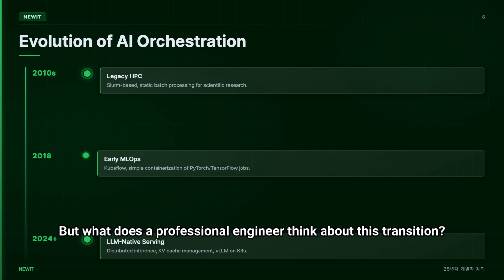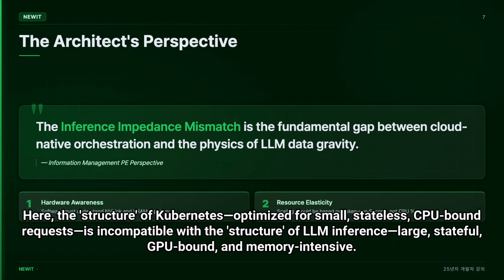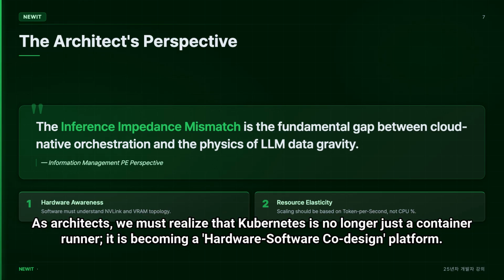supercomputer orchestrator. But what does a professional engineer think about this transition? From the perspective of an information management professional engineer, we are facing what I call the inference impedance mismatch. In database theory, impedance mismatch occurs when two different systems cannot exchange data efficiently because their structures are fundamentally different. Here, the structure of Kubernetes, optimized for small, stateless, CPU-bound requests, is incompatible with the structure of LLM inference: large, stateful, GPU-bound, and memory-intensive. As architects, we must realize that Kubernetes is no longer just a container runner, it is